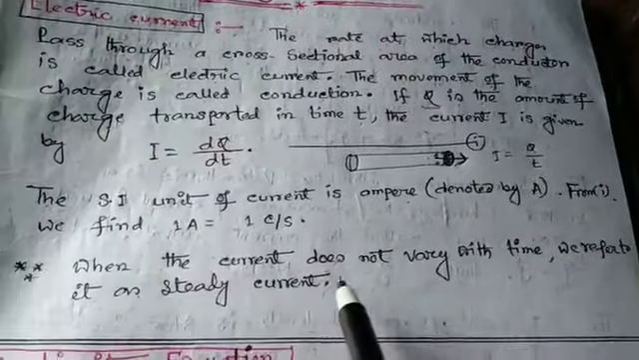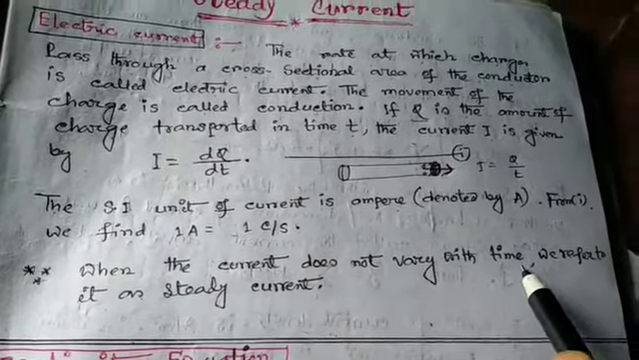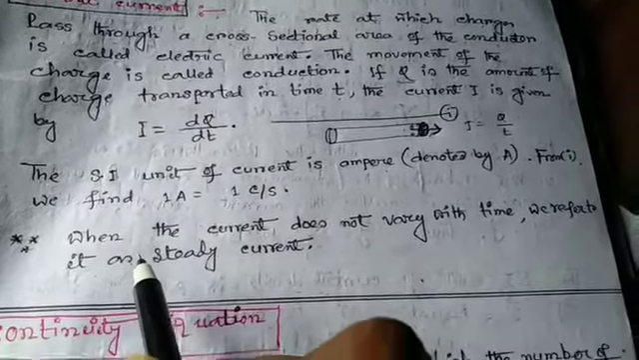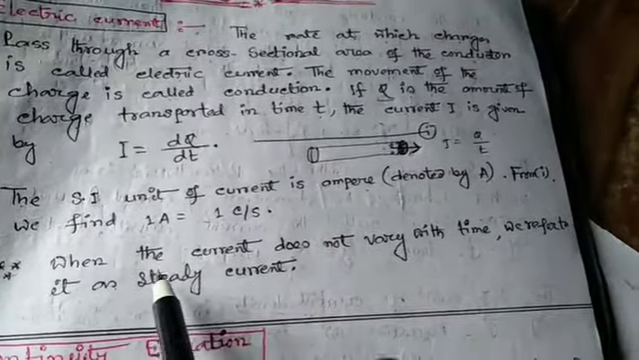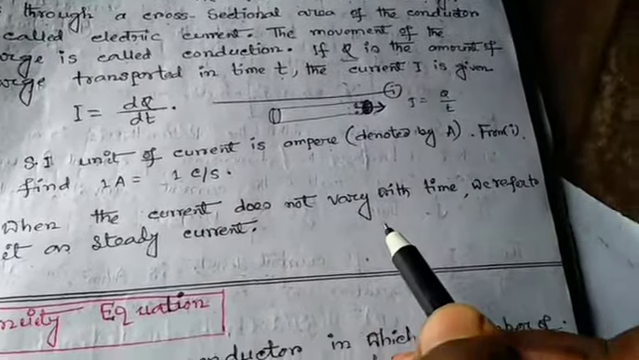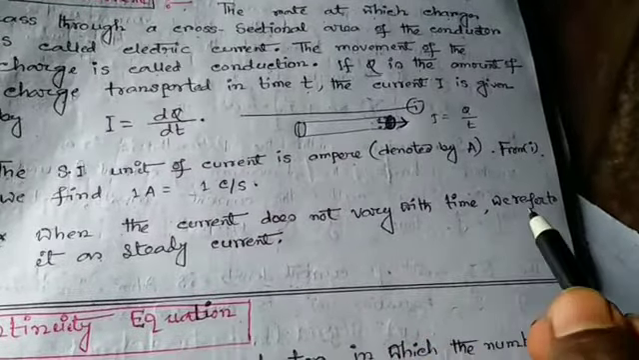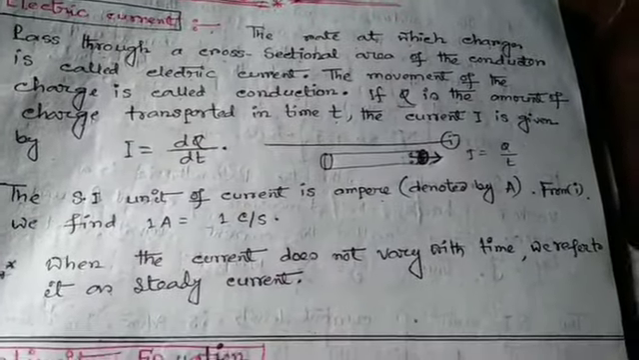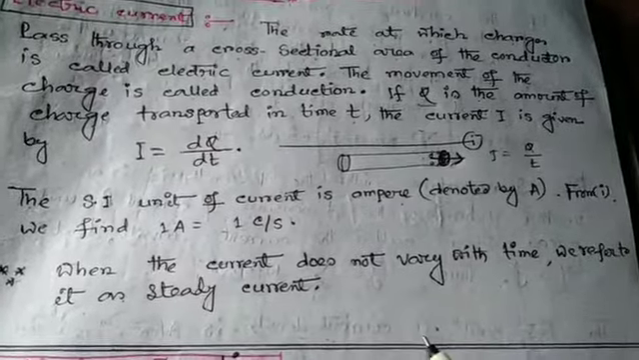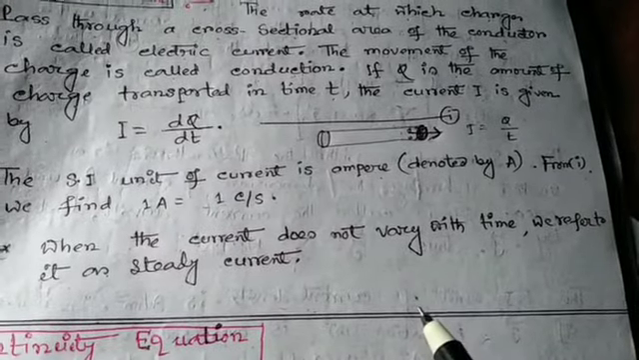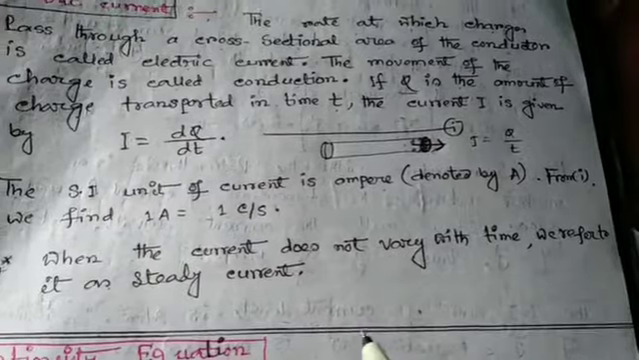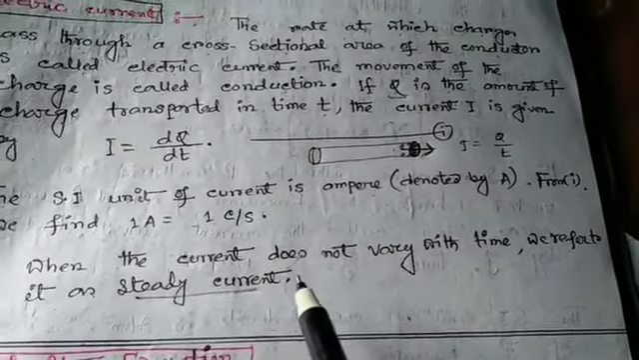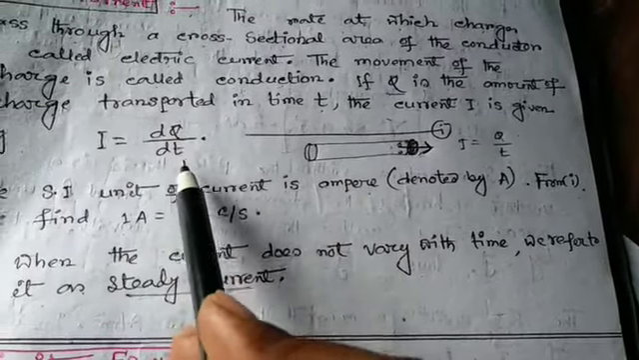When the current does not vary with time, we refer to it as steady current. So now it is clear, when the current does not vary with time, we refer to it as steady current. Like DC current, it does not vary with time. This means the amount of charge is the same. Steady current means the amount of charge